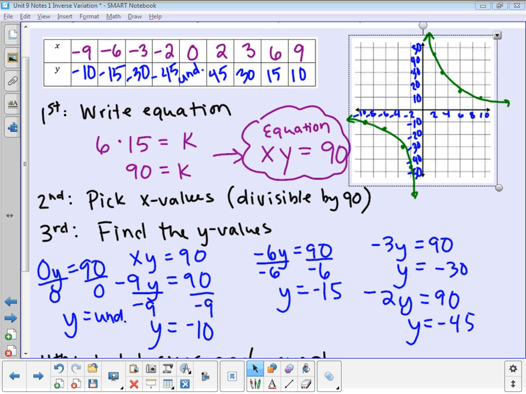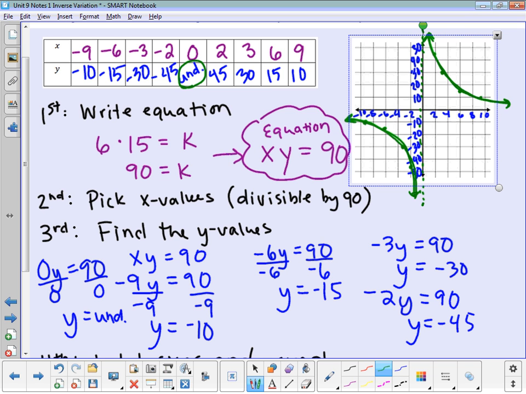Okay, so here I've plotted my points in green on my coordinate plane. And now I take a look at the two different pieces. I kind of have two pieces going on there. Here's the one piece, and it curves like that down in quadrant 3. And here's the other piece curving up here in quadrant 1. Now, the reason this is split up into two pieces is because of this. At an x value of 0, our value is undefined, meaning that this is never going to be touched. So that's why our graph kind of gets split into two pieces,